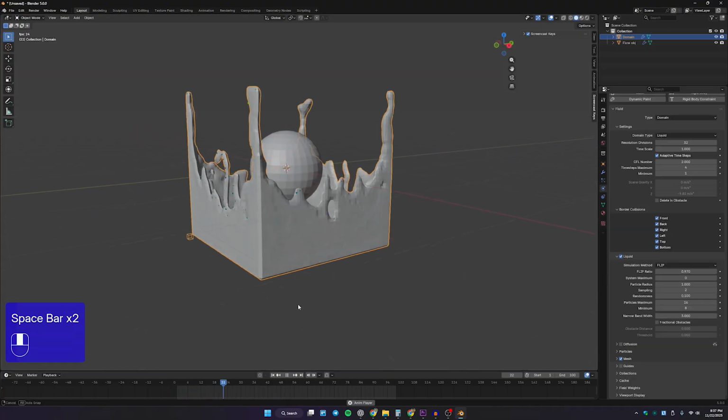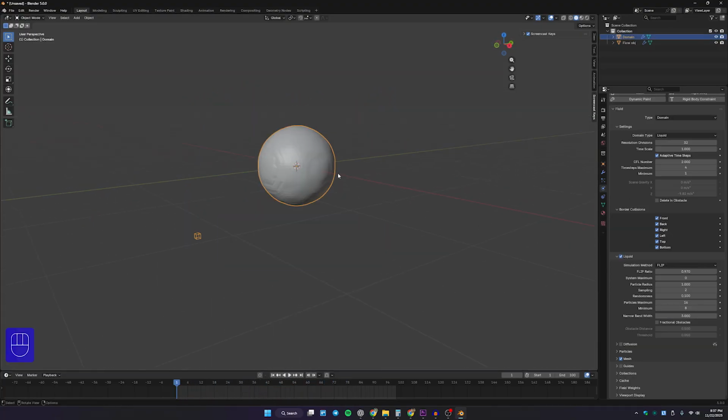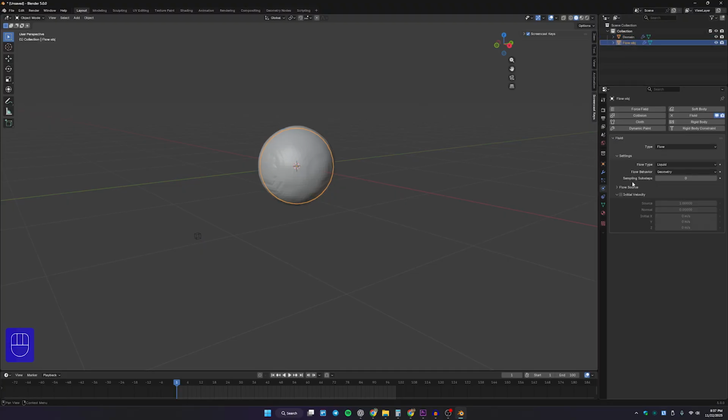Now if you play this one again, you can see it is working fine as before. Now if you go here into the flow object again, I want to show you some of these important settings. We already know the flow type, but down below you can see flow behavior. Now if I select that, we have a couple of options, and we have three types, which are inflow, outflow and geometry. Right now we are in geometry, but if I select inflow, now what happens